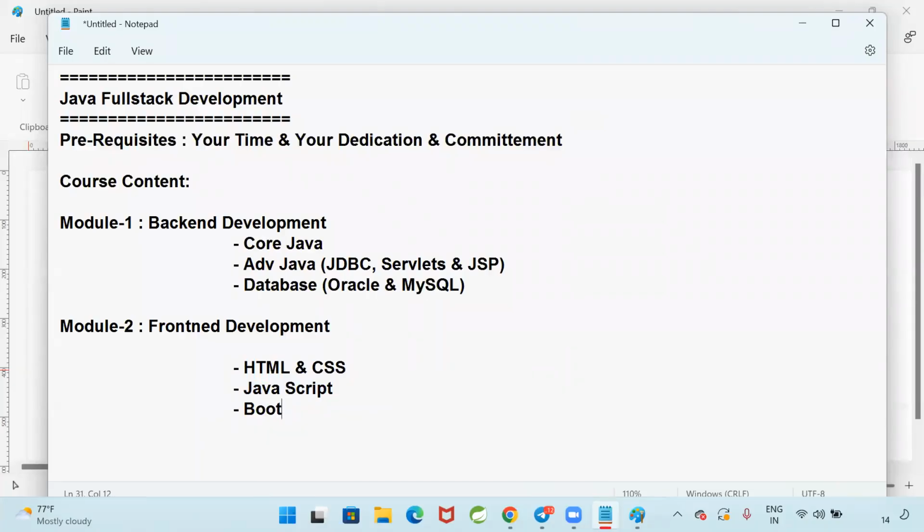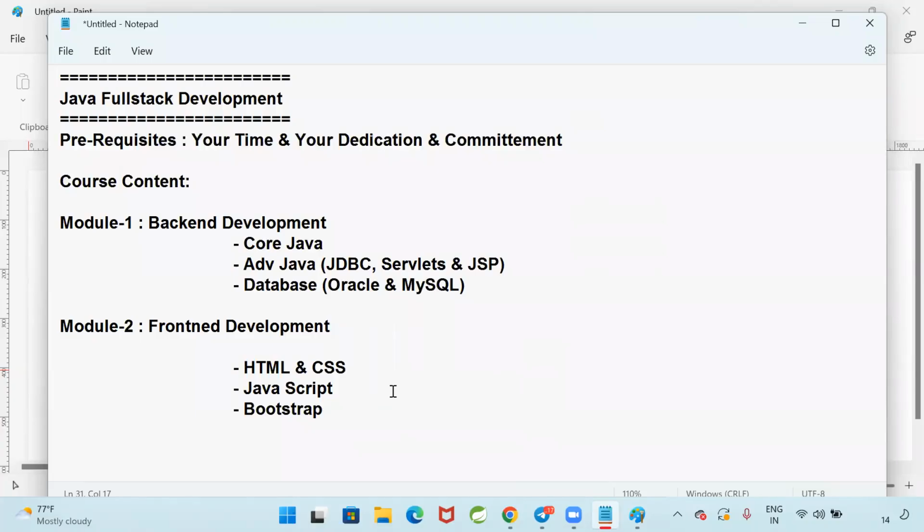Next, we will use Bootstrap. Bootstrap is used for styles, but mainly for mobile compatibility. You can access a website on the computer, in the browser, or on the mobile also. When I open a website on the mobile, it should display as per my mobile size. Some people use Apple mobiles, some use Samsung, Redmi. Different heights and widths are available. As per the mobile window size, my website should adjust. For that, we are going to use Bootstrap.